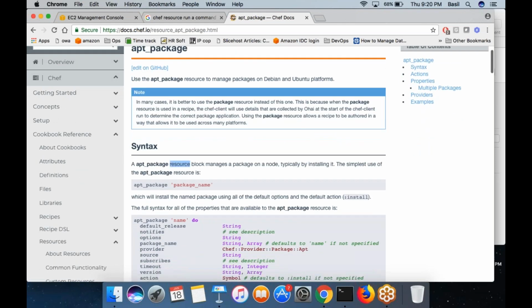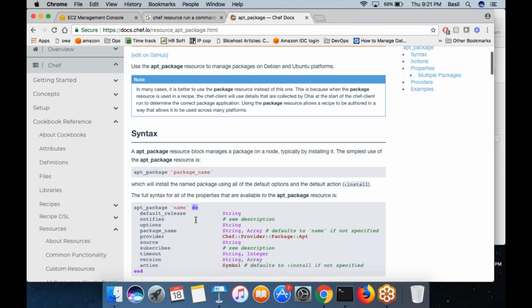The apt package resource block manages a package on a node. So you can use this particular resource if you want to install a package on the client node. Apt package, name, do, then you specify what package you want to install. Even if you don't specify anything, whatever name you define here would be taken.